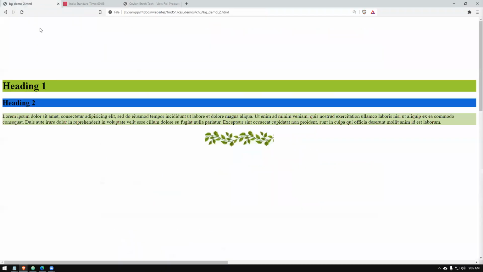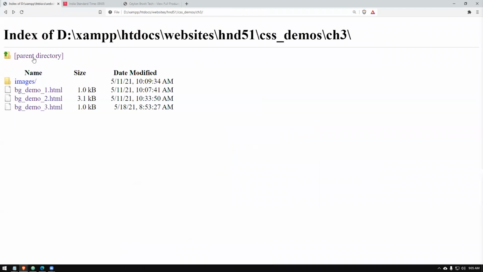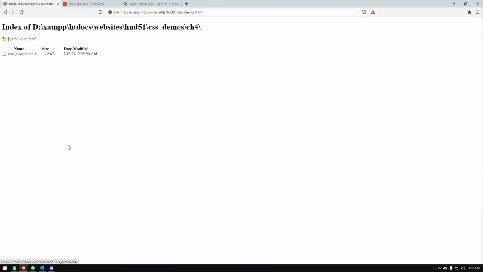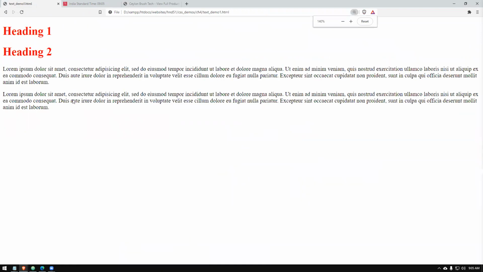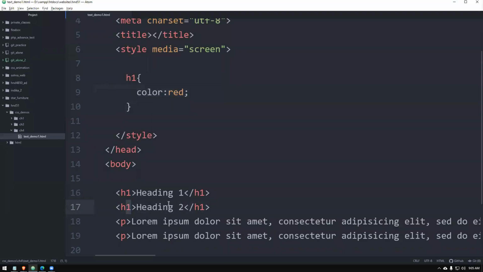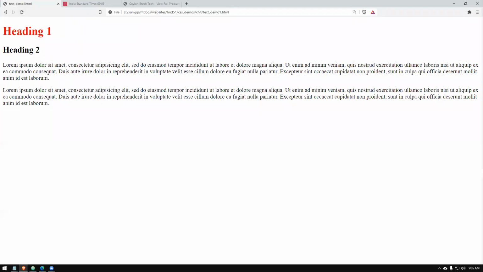So let's see how it looks. So this is not the example. So chapter 4 is there. So if you open it up, there we go. I have all the headings. Now it's working properly.